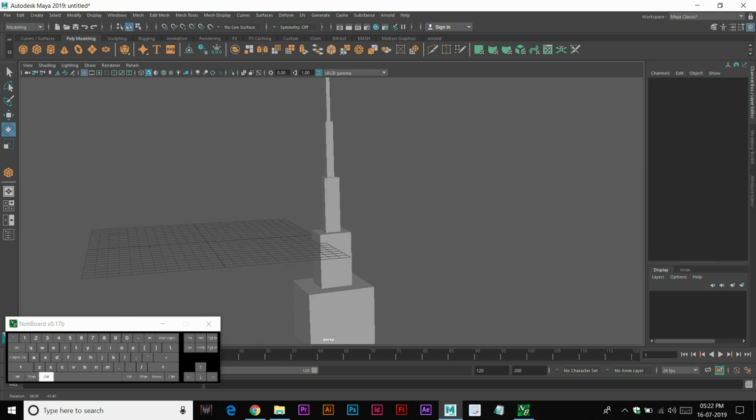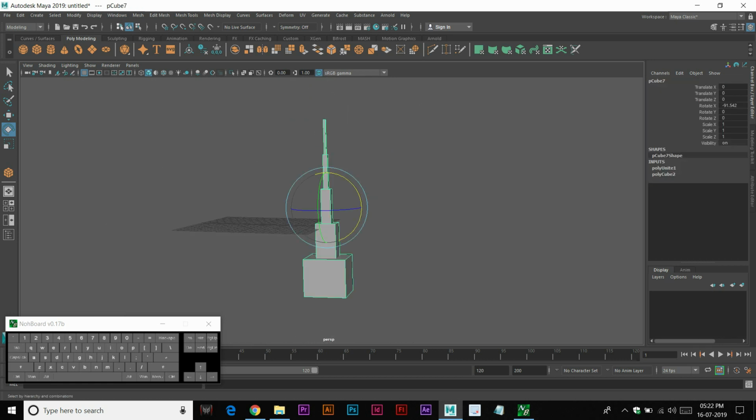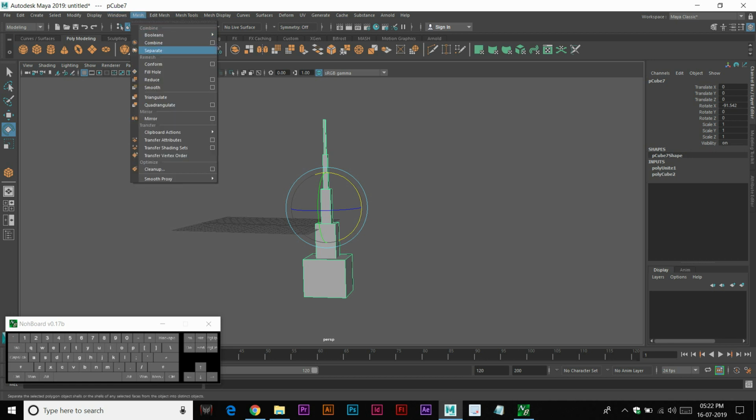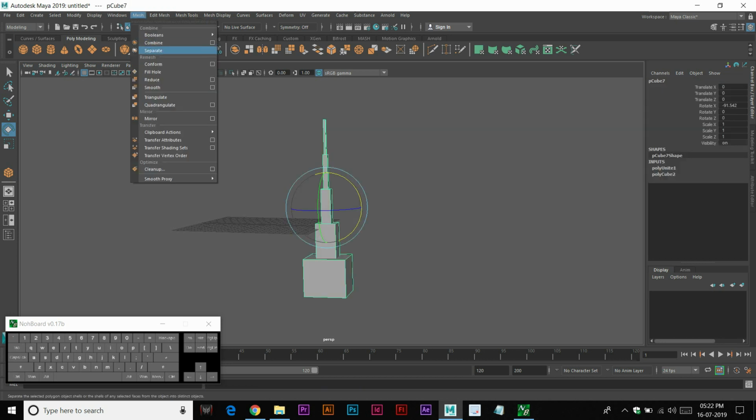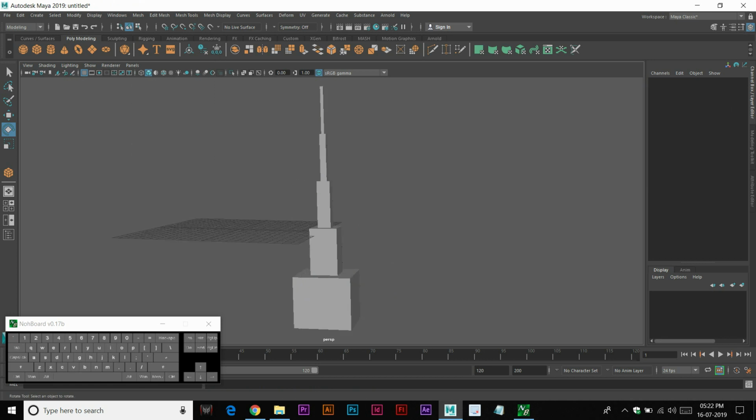Alright, so that's how we combine things. And here the other option of mesh is separate. For this, if we have any combined object, we just go from here and press separate. So now they are all different meshes, but the pivot is at the bottom, so what we can do is, like I